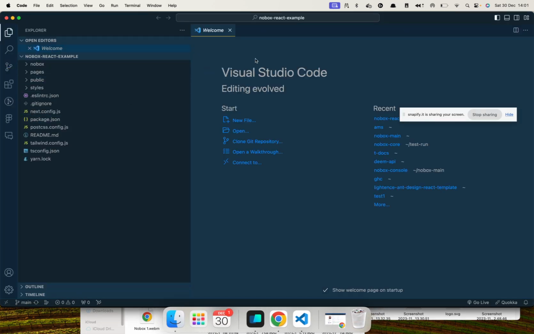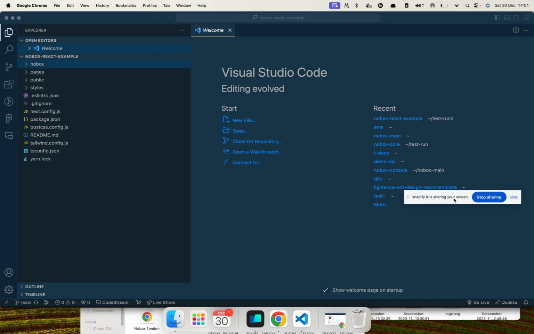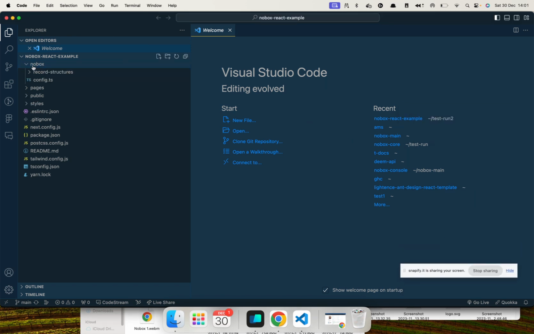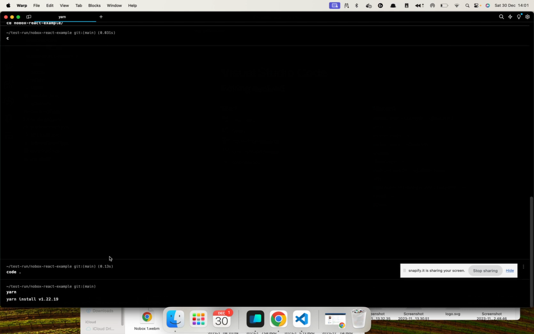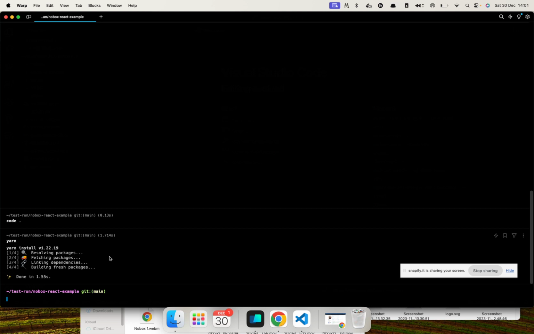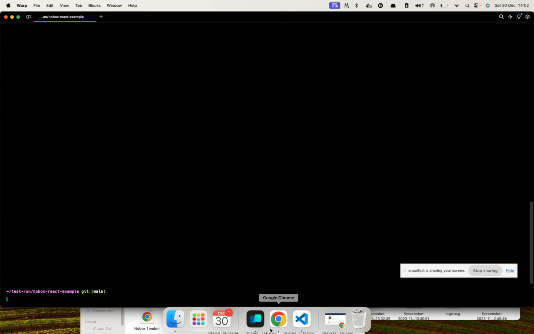So here we are on VS Code, and we have the integration already. So I'm just going to walk you through the integration process. Yeah. So before we do that, I think it's better for us to install the cloned repo so everything works just the way we want it to. Cool. Now that that is done,